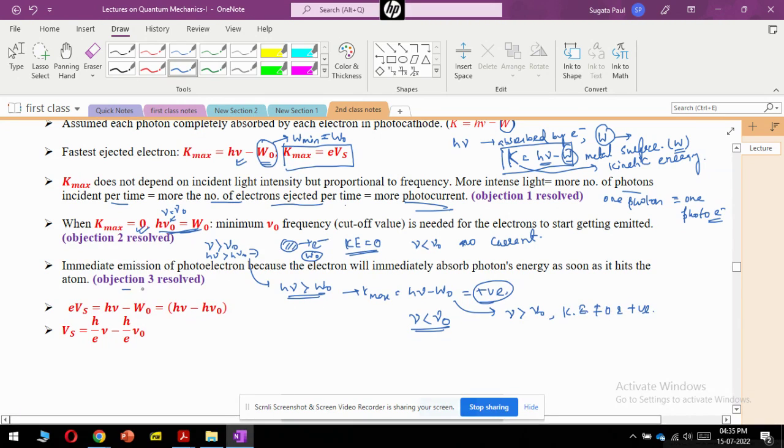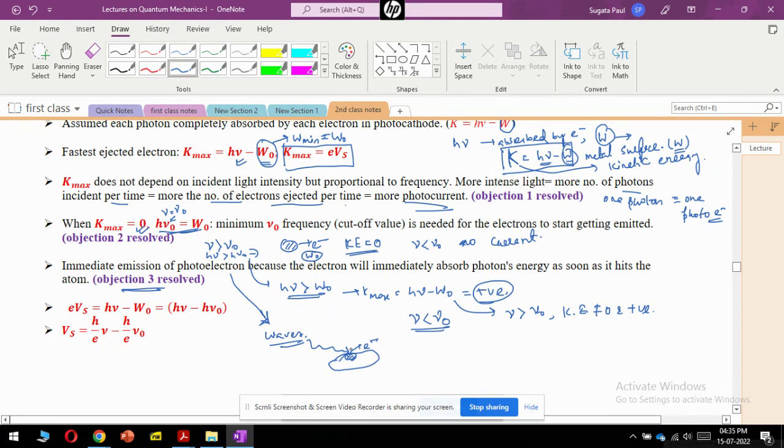And for the last objection, why is there not any time lag between the incidence of the photon, or the incident light, and the emergence of the photoelectron from the surface? So why is this process instantaneous in reality? This can also be explained because, in classical theory, what caused the problem is that we considered light as waves. Waves are incident on the surface,